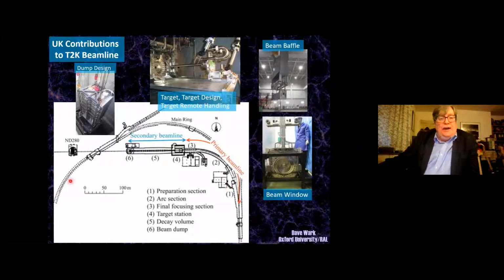This is that accelerator I showed you. What we had to do, and we had to do this ourselves because the funding for this was not in the original design of the accelerator complex. So J-PARC said, sure, you can do it, but you have to build your own beam line. So we had to do this ourselves.